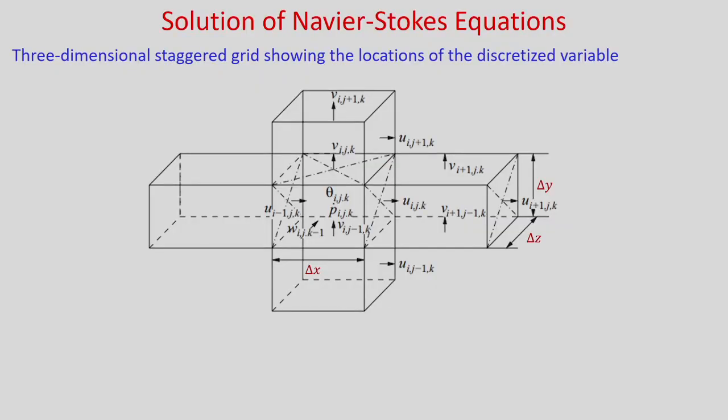So, now let us see the cell where we need to discretize the continuity equation as well as the energy equation, and the staggered grid where we need to solve the velocities. You can see this is the main cell where at the center you will solve for P, and this cell has index i j k, and we need to solve for temperature, T i j k or theta i j k, where theta is non-dimensional temperature.